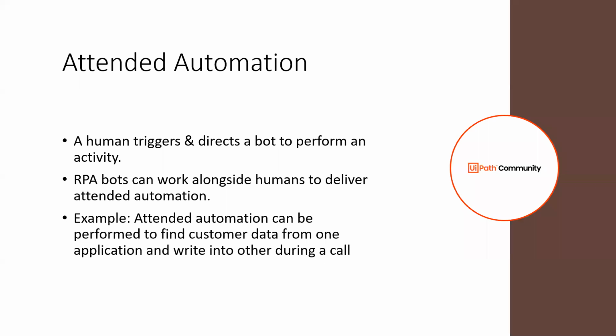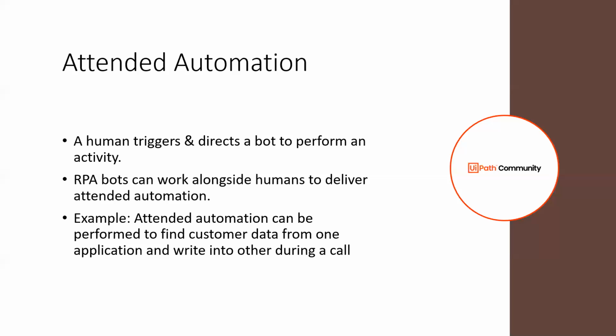So attended automation, another use case can be, so suppose what we are trying to do is we are trying to again take some input from the user while the automation is being executed. So what we can think of is like inventory management using UiPath. So what we can consider in this particular scenario is, suppose I'm entering some product name of which I want to see all the details, maybe what is the stock left or something like that. So in that case, I need to type the product name.